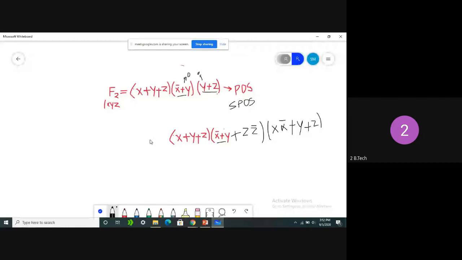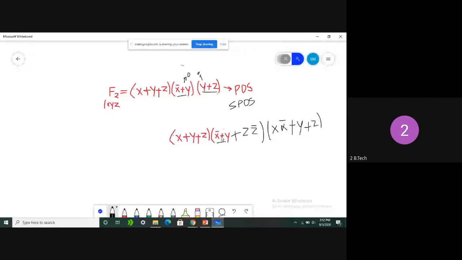Okay. See here, plus is there. Then we need to multiply with Z into Z bar. If a product, if into is there, then we need to use the plus symbol. That is Z plus Z bar. So you people should never try to learn like this. Everything you should learn properly. Clear, Alakya?